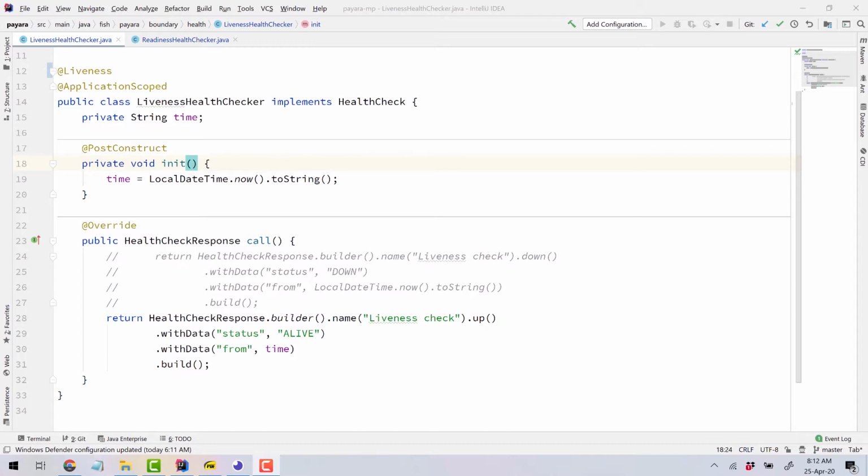When something happens, or when your application is redeployed, or for any reason Kubernetes needs to spawn an instance of your application, it will need to check with the application periodically if it is alive and if it is ready to accept requests, so that requests can be routed to the application. Now, the response that your application gives is what will determine whether the Kubernetes cluster, for instance, will route requests